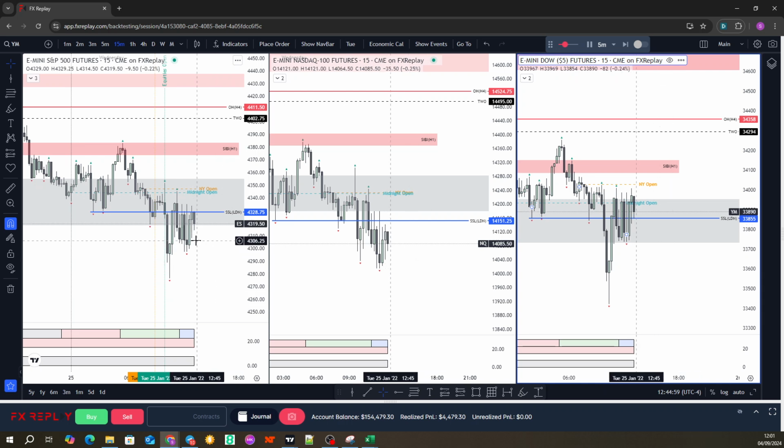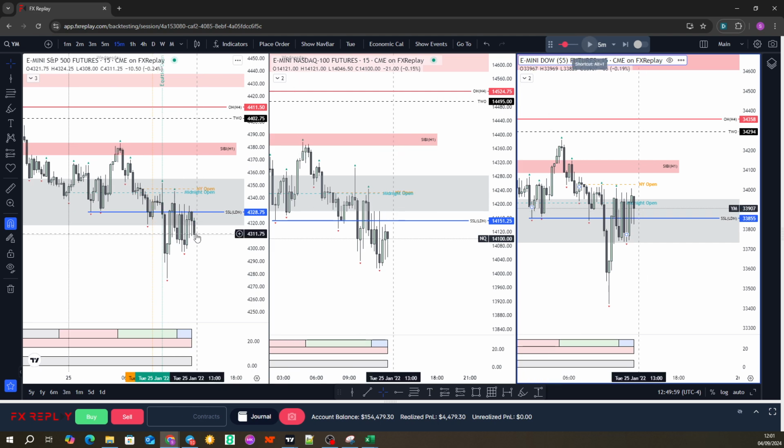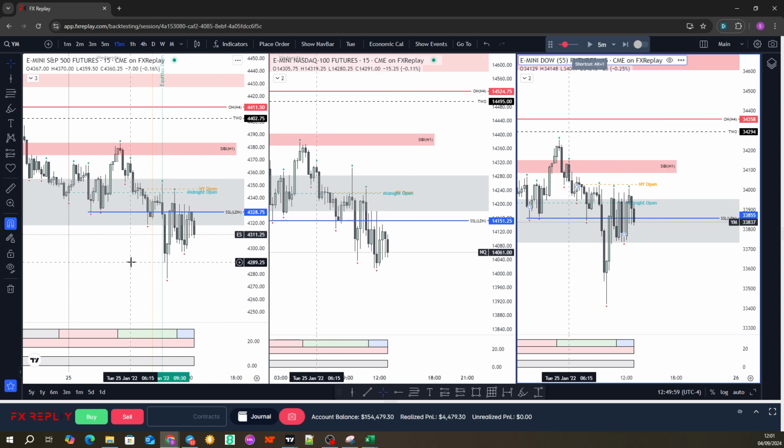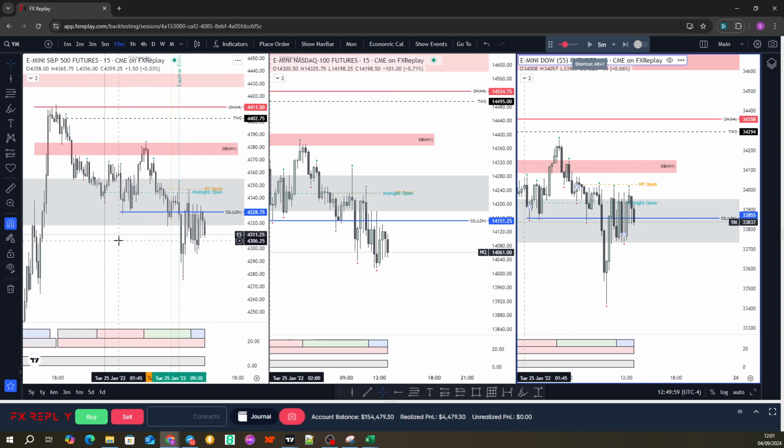Okay, so we are now into the lunch period. Market has just chopped. So as we can see, there was nothing for us here at all. We were very clear in terms of what we were looking for. I wanted to see longs. Market hasn't presented any opportunity for longs. Hasn't purged key time-based liquidity pool. I haven't seen SMT. There's nothing here yet for me to trade, so we just got to remain patient, and